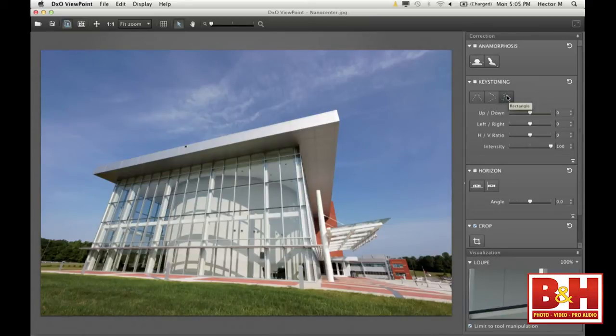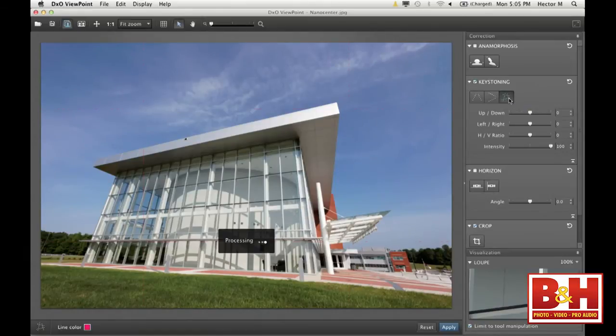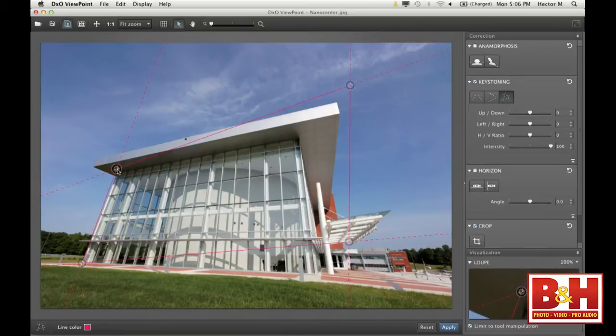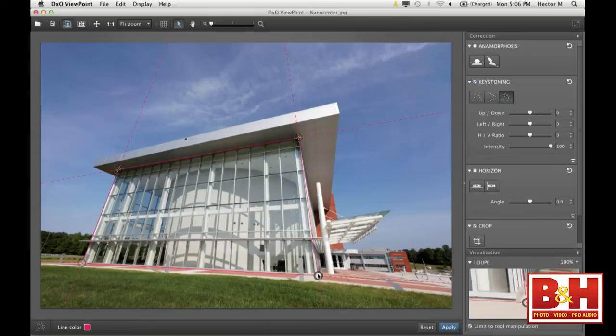What we're going to do is go into keystoning. We're going to tap keystoning, and we're going to select our rectangle tool. And let's be realistic. If you've all seen a 5-year-old work an iPad, how hard is it to work a control point, right? So what we're going to do is align these control points and cut our workflow in half. So just keep in mind how